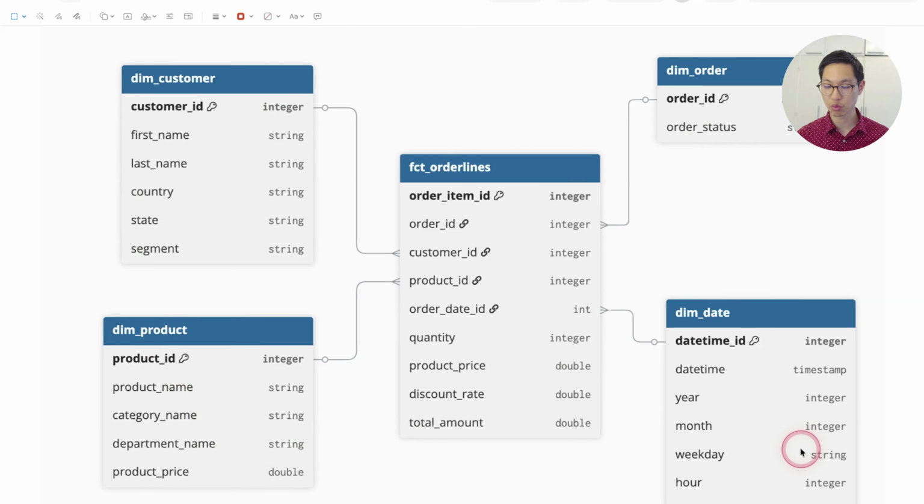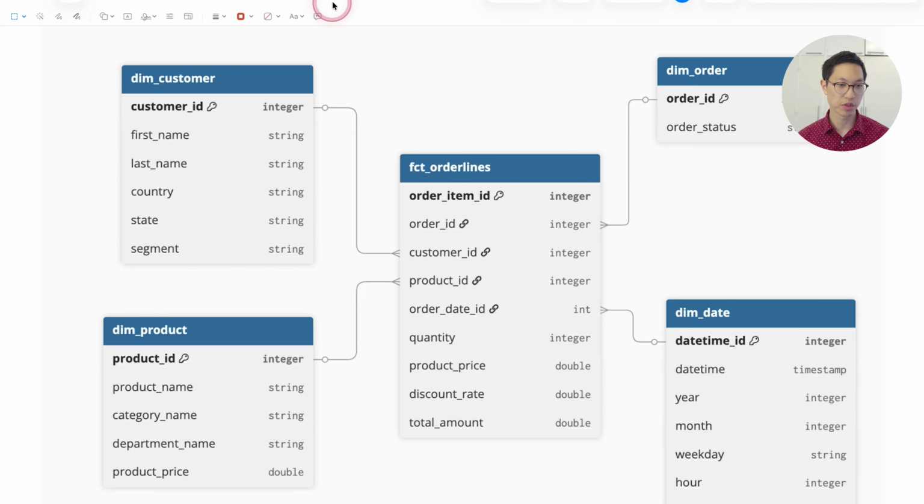And the idea is that we can join them together later on to create specialized views, materialized views for our end users. So that is the idea. We serve these views to different types of downstream users or stakeholders. Right now, we will create this dimensional model using a tool called dbdiagram, but before that, you should know that